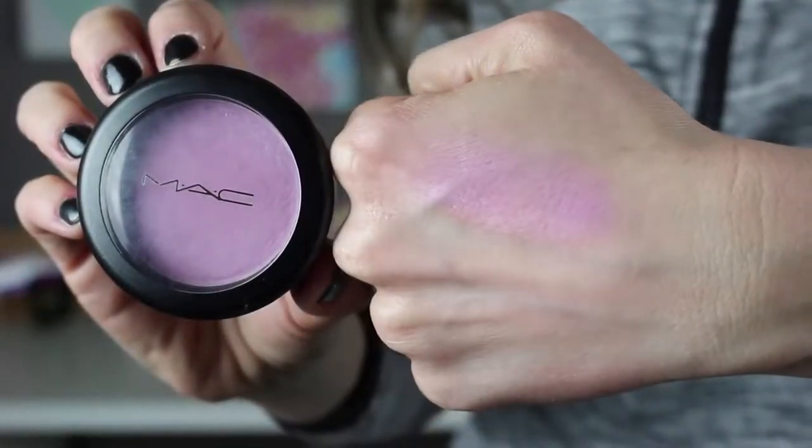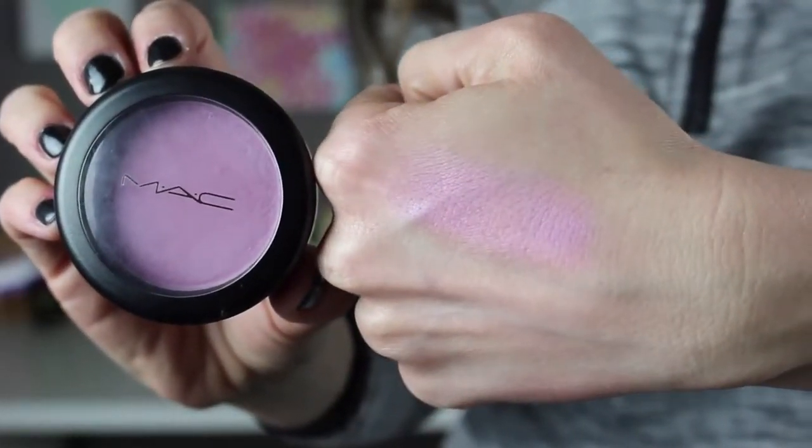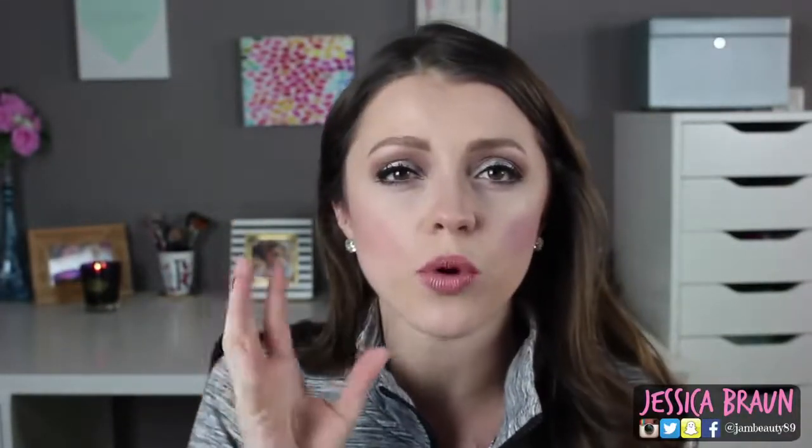Okay, so let's start with some of the face things. The first one, it's glaringly obvious to me that these are dupes. One of my favorite MAC blushes, the one I actually wore on my wedding day, is called Full of Joy, and it's this beautiful, almost purple toned pink. So certainly a blue toned pink. It's just kind of a satin, almost matte finish, but it definitely has a little bit more of a satin quality to it. And the dupe for it that I found is by Makeup Geek, and it's called Secret